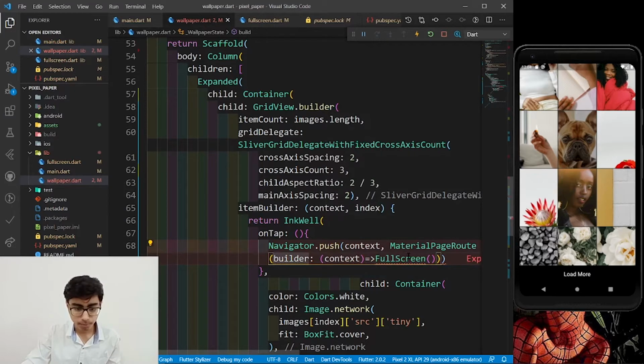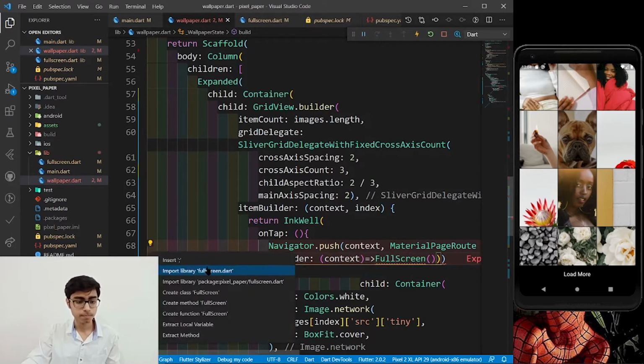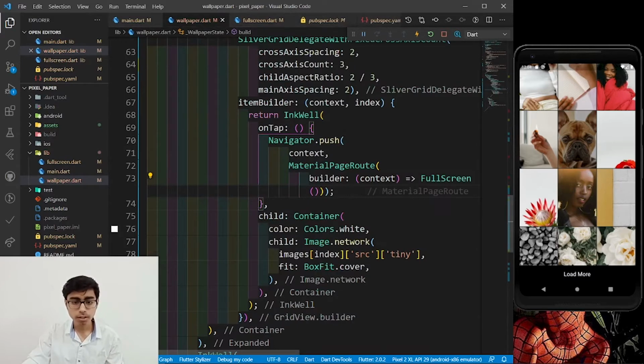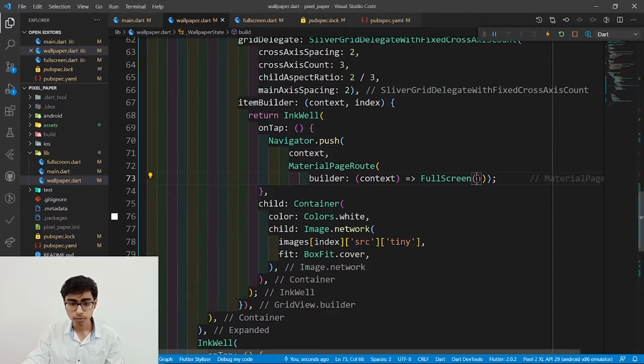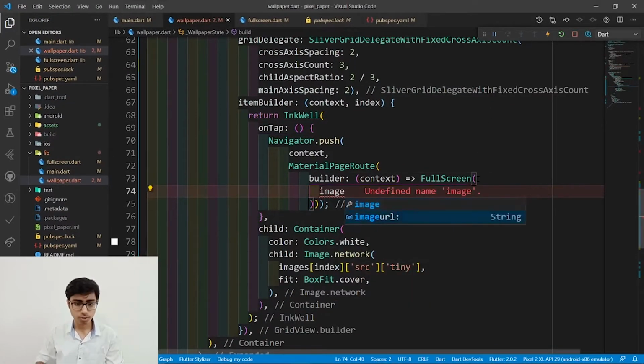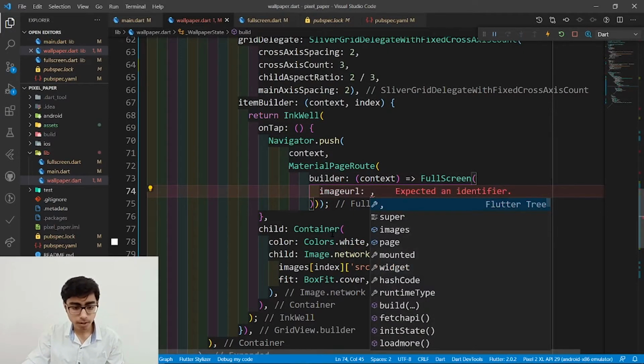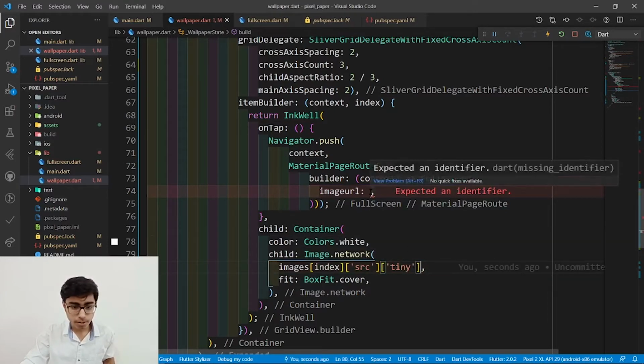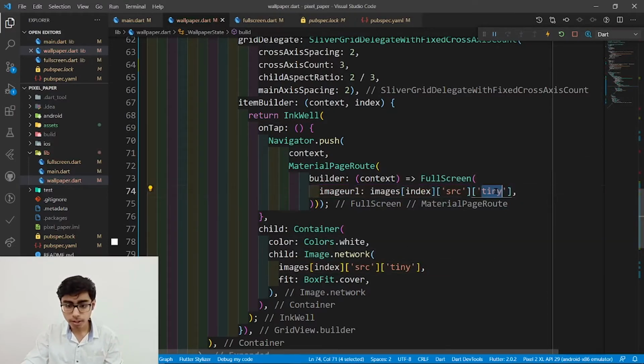And let's import this screen. Then this FullScreen will take a parameter imageUrl, and the parameter is going to be that same thing. Sorry, control and paste it over here, but we are not going to give it the tiny URL, we are going to give it the large2x URL, large2x, right?